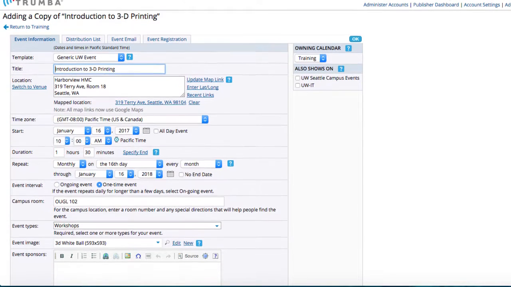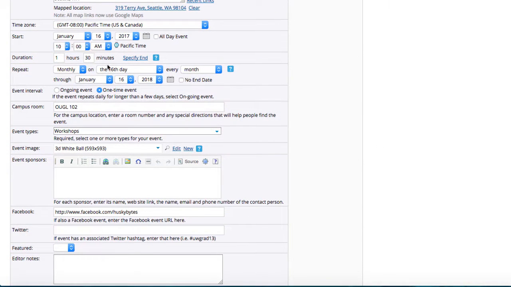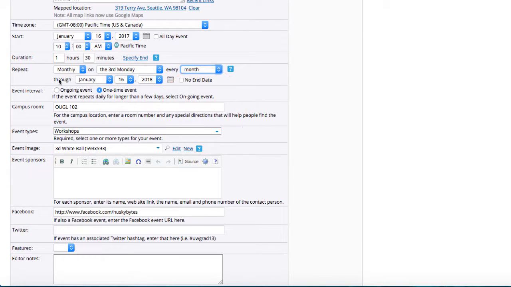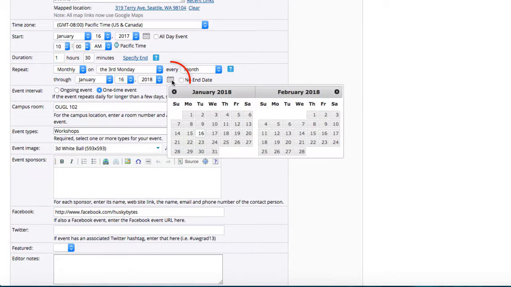It's now going to repeat monthly, and notice there's different options or different patterns you can select from. We want this repeating event to repeat on the third Monday of every month. You'll also notice the different options you have for different months. Next, you want to tell the system how far out in the future the event should repeat. Clicking on the small little calendar, we're going to go ahead and have this event repeat out to the third